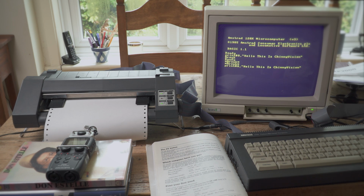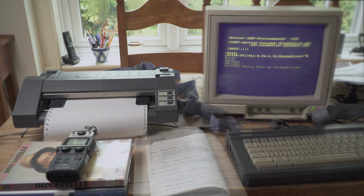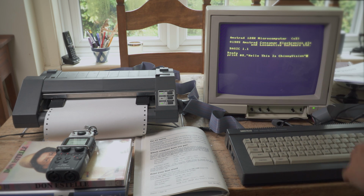Boys and girls, do we think I need to clean the edge connector? I think I need to clean the edge connector. Right, two seconds. Okay, well, I've kind of nearly got it working. It has printed out some nonsense, but it is now talking. So hopefully now, when I do this,